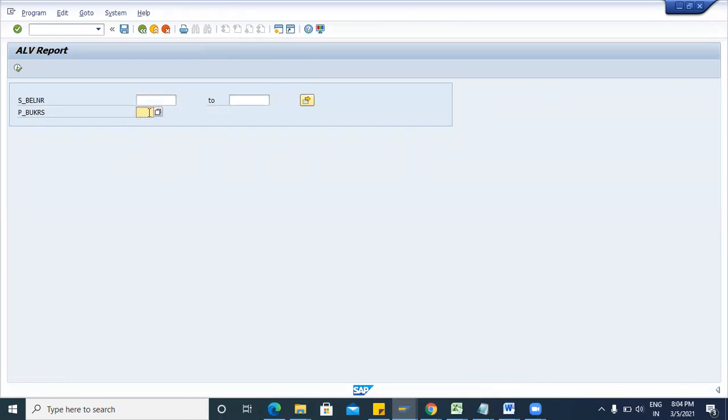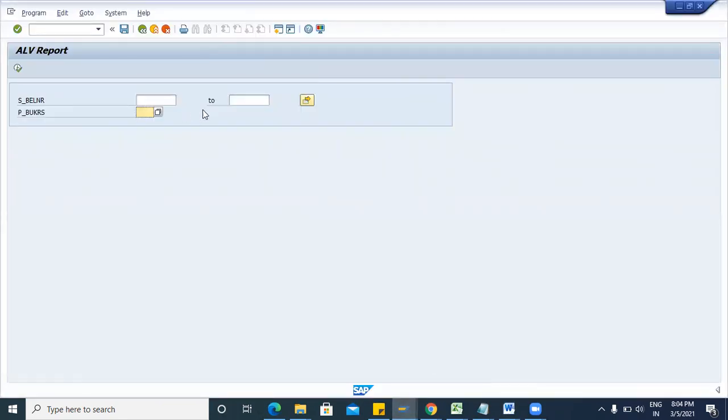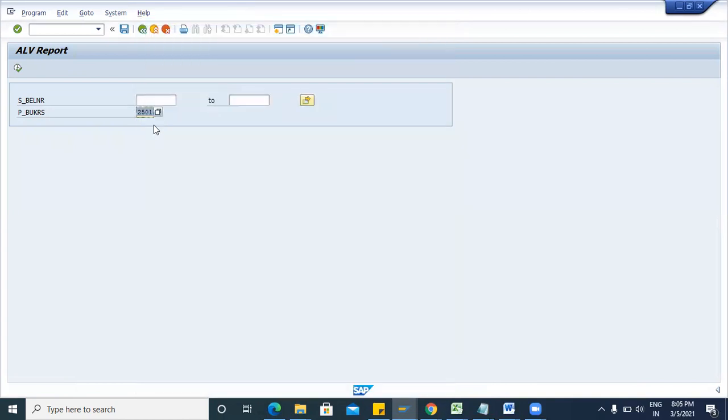So here you can mention only one input. So I have explained that parameter is to give the single input, select-options to give multiple inputs. Here you can give multiple inputs, but in the parameter you can give only one company code. BUKRS is for company code. So here you can see the company code. This is the F4 help. Now you can take this. But if you see this field S_BELNR, here we don't have any F4 help.